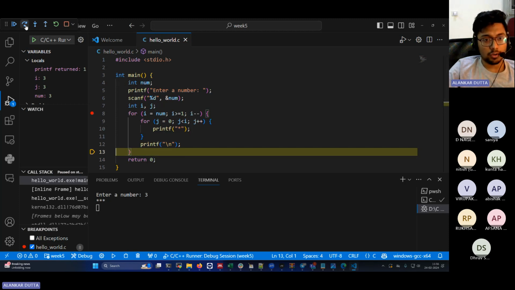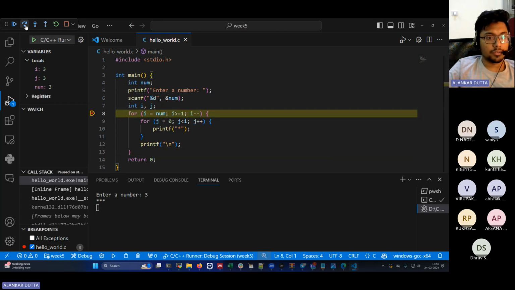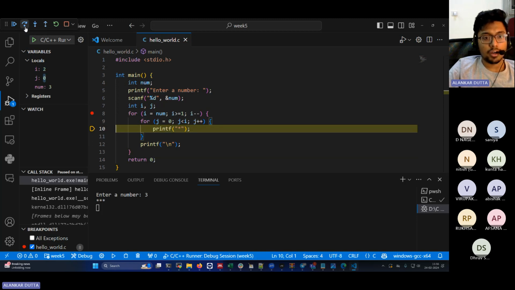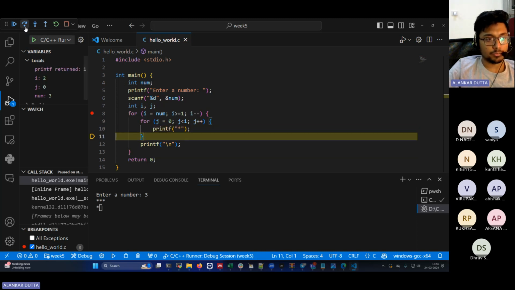Now in this line, I go back, and you see the value of i, which is 3, which I started with. As I go and print this for loop, the value of i gets changed to 2. And now 2 is greater than or equal to 1, which is true. So I'm still inside the for loop. And now again, j starts with 0, and j 0 is less than obviously 2. So I go in, print this star, and now j becomes